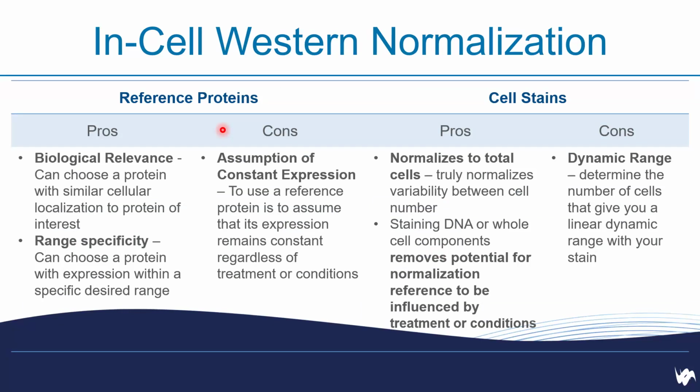to an in-cell Western, if you want to reserve the reference protein that you already validated, the expression is constant throughout the entire experimental conditions and treatments and so on and so forth, then a reference protein will be a good normalization control for you. But if you move on to already using in-cell Westerns and then you want to have a standardized